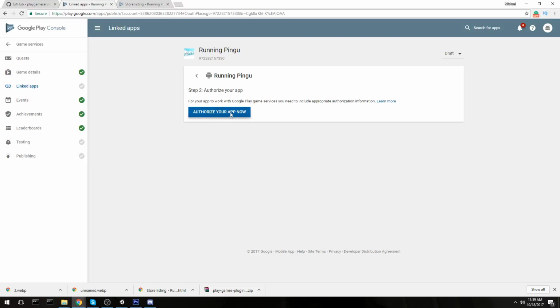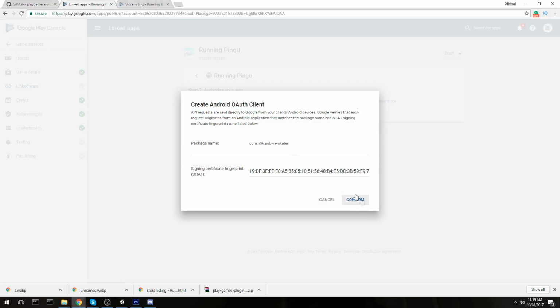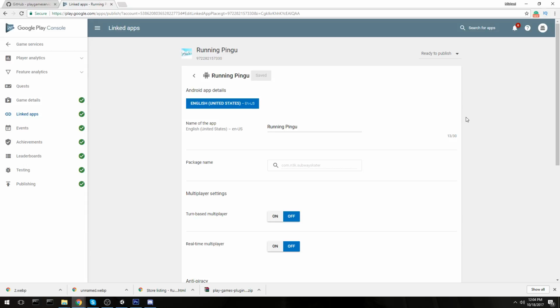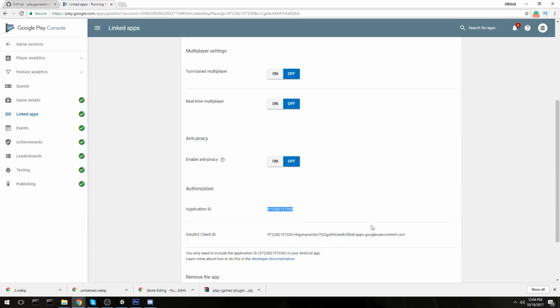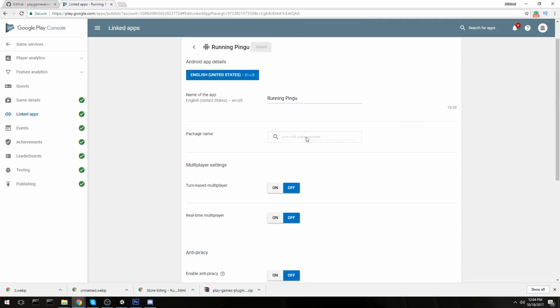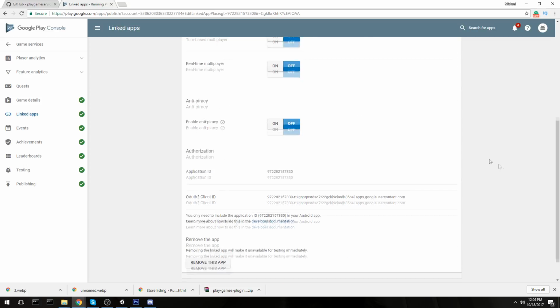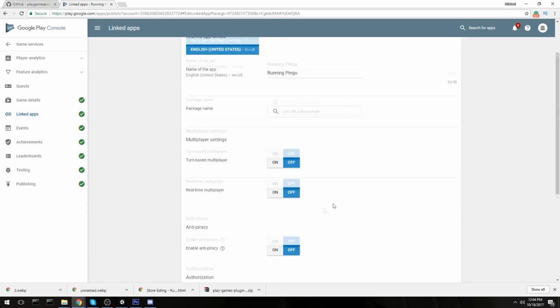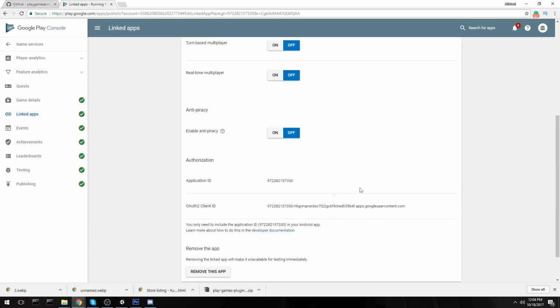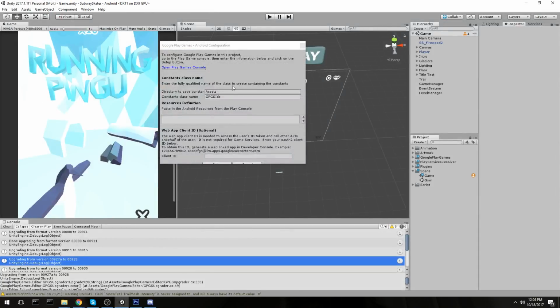We need to authorize our app, which we're going to do by clicking confirm. Okay, now everything got authorized, which is perfect. We now have the app ID, and don't try to just steal it from me, like the keys there and all, but I'm going to remove this because I have to change the package name. It's still on Subway Skater, and that's not really cool for my app, so I'll have to relaunch this quite soon. Anyway, once you have all of this information, let's head back into Unity,